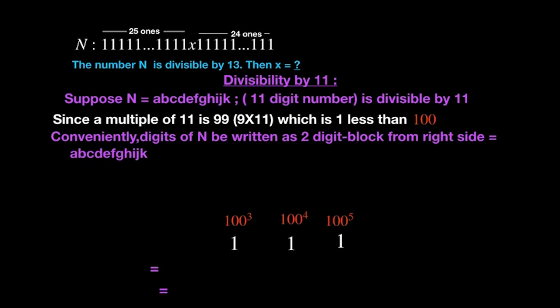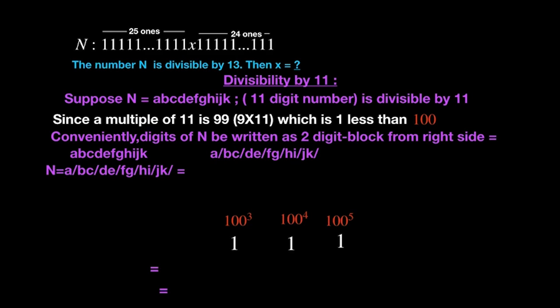Suppose the number is a b c d e f g h i j k, but you have to block 2 digits from the right side. First jk, then the second block hi, then the third block fg. In this way, de, then bc, and then only a. So then the number can be expressed